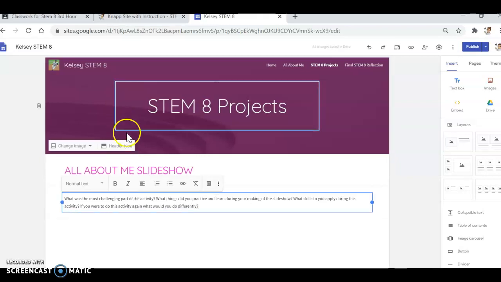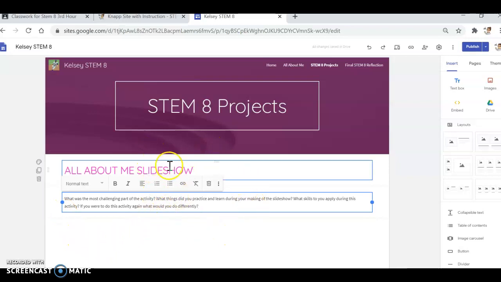And so you need a paragraph, so you need 3 to 4 sentences. After each question, you need to respond with sentences of what was the most challenging part of the activity, what things did you practice or learn, what skills did you apply, what was your favorite thing about the activity, if you were to do this activity again, what would you do differently? And so that's the All About Me slideshow